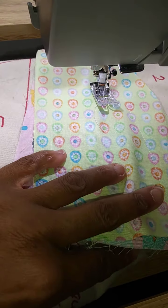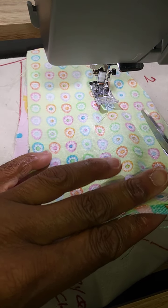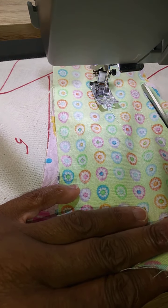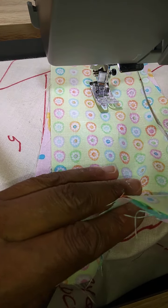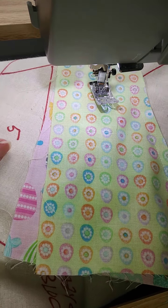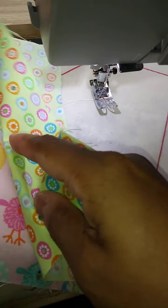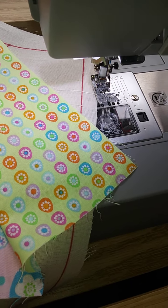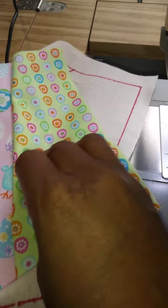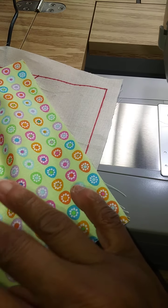You can trim your seam allowances down to approximately 1/4 of an inch, but it's really not necessary because those layers will get covered. Then you want to flip section 2 right side up